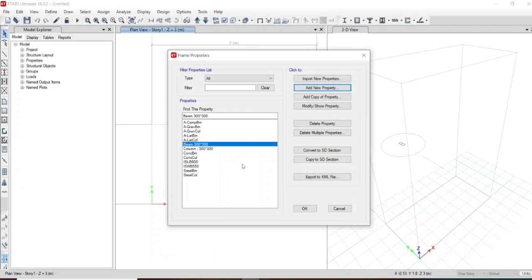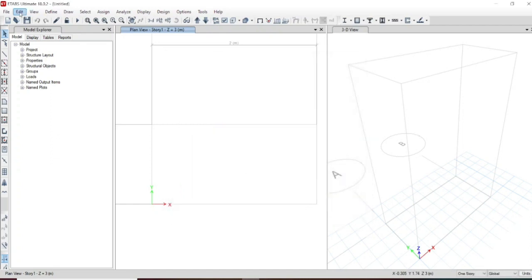Press OK. Here we have defined the two members. Okay, let us assign this member.